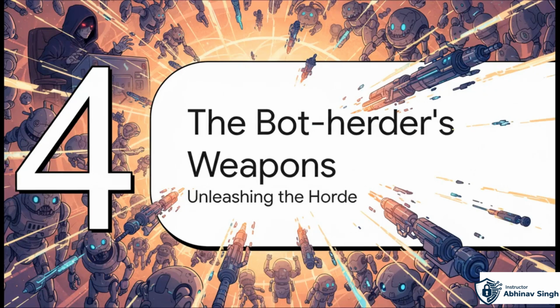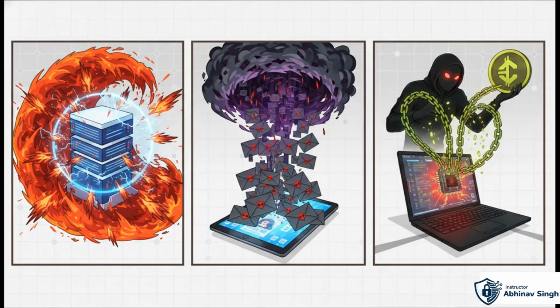So now that the hacker has this giant digital army, what can they actually do with it? Let's look at the weapons they use to unleash the horde. Botnets are incredibly versatile. They can launch what's called a distributed denial of service, or DDoS attack. That's where they flood a website with so much junk traffic that it just collapses. They can also send out billions of spam emails from all over the world, making them almost impossible to block. And get this, they can even secretly mine for cryptocurrency, using the combined processing power of all those zombie devices and your electricity to make money for themselves.